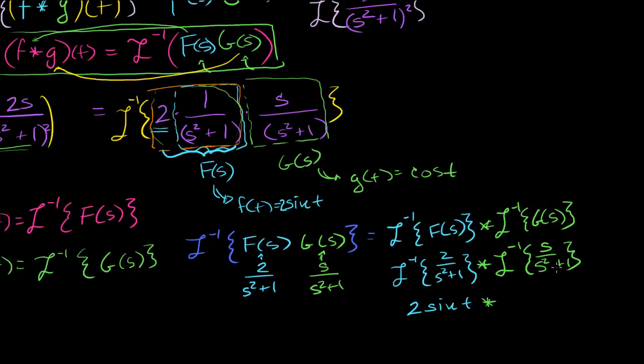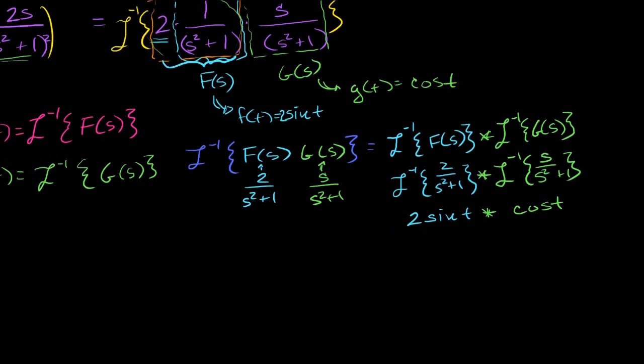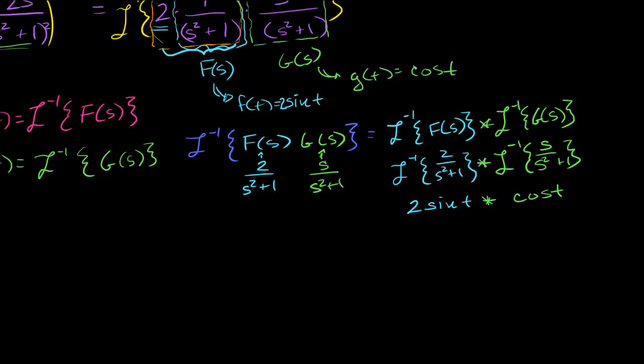And we already went over this. This is cosine of t. So our result so far, let me be very clear. It's always good to take a step back and just think about what we're doing, much less why we're doing it. But let's see. The inverse Laplace transform of this thing up in this top left corner, 2s over s squared plus 1 squared, which before what we're doing now was very hard to figure out. Actually, this should be a curly bracket right here, but you get the idea,